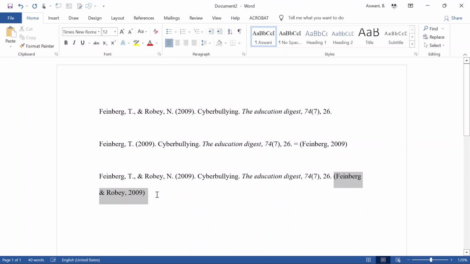So for two authors, it will be Feinberg and Robbie. And remember, it's the ampersand. We are not using the usual and, the AND. We are using the ampersand. So once you've identified an article, look how many authors are there. If there is one author, we have no problem. Just Feinberg, comma,